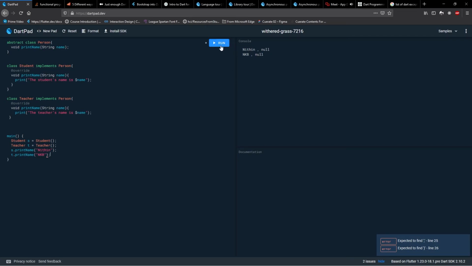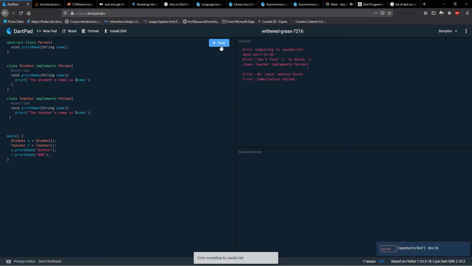Okay, now when I hit run, implements Person. Did I get this wrong or something? One second. I guess this wouldn't work, but what did I do wrong?